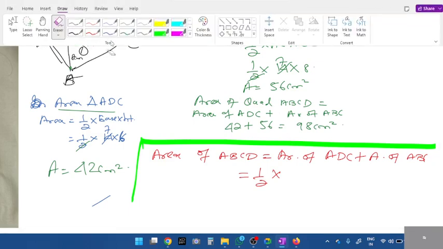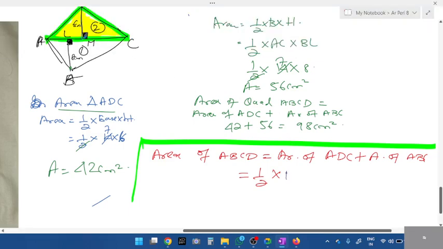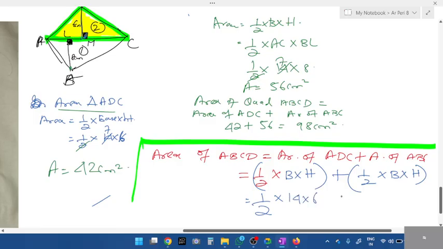Half into base into height. This is the formula given in the textbook. Base into height, plus area of the second one, same formula, half into base into height. You can write it like this. Now tell me, for the first one, area of ADC, half into what is the base? It is 14 into 6, plus the next one,